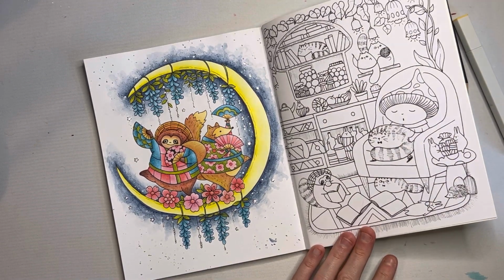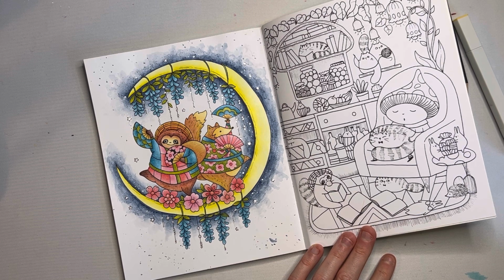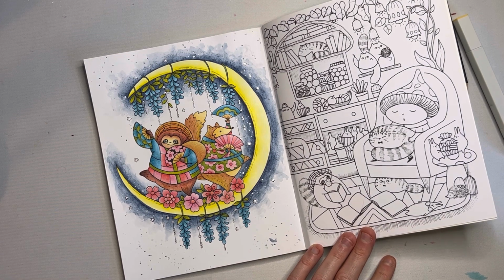Now I've coloured one page in A Million Sloths and I hated it. It was just a disaster from start to finish. I used an acrylic paint for the background, which was awful. Then I had to paint over it with a different acrylic paint. It kind of put me off working in them. However,